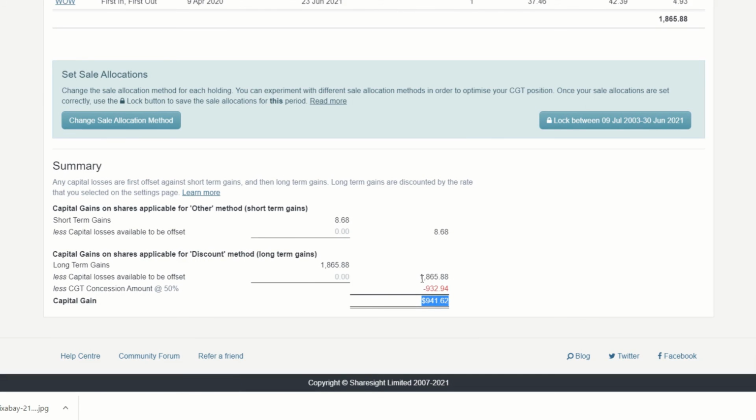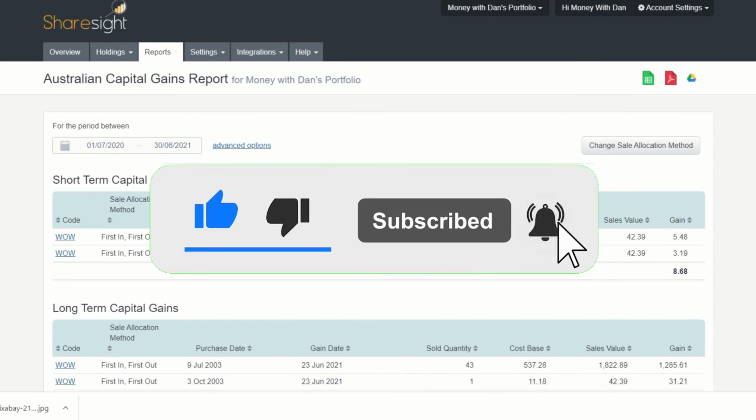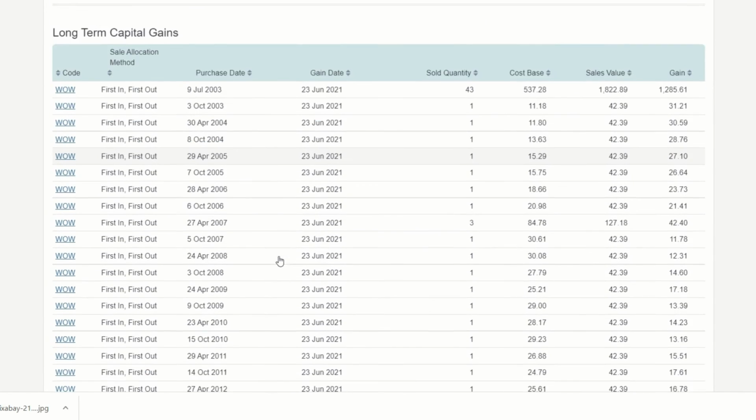At the bottom of this screen, you can now see the capital gain calculated with the 50% capital gains concession applied, as I held the investment for more than 12 months, so I pay tax on the remaining half only at my top marginal tax rate. You can then print a copy of the report and give it to your accountant, or use it yourself to complete your own tax return on the